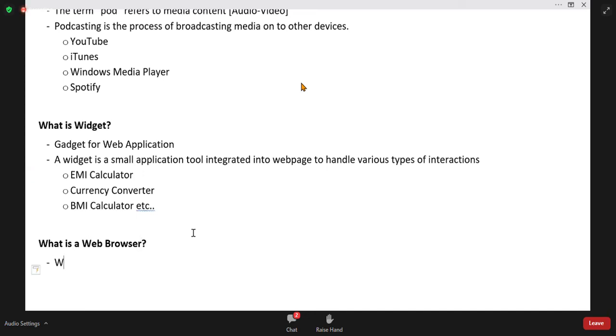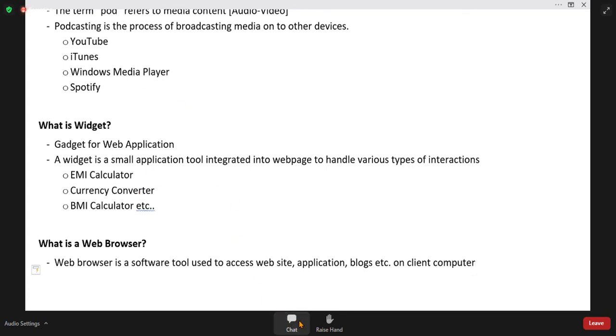A web browser is a software tool used to access websites, applications, blogs, etc. on a client machine, client computer, or client device.